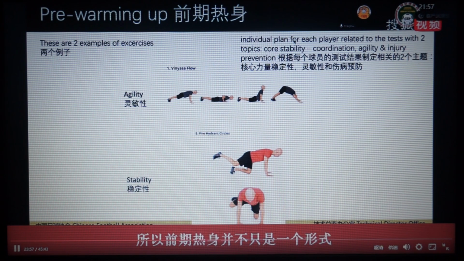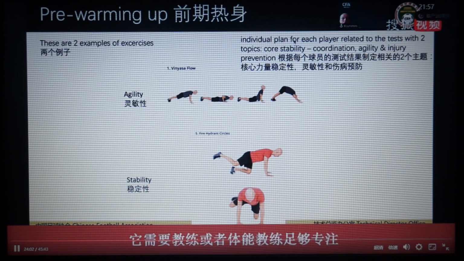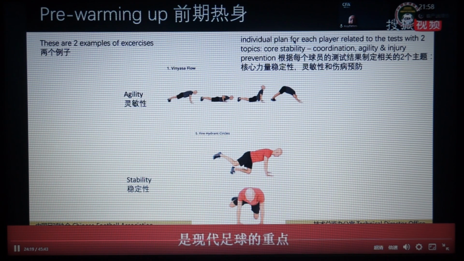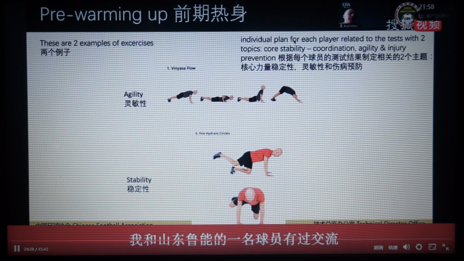So important in the pre-warming up is that you don't just do it to do it, but that you do it in a focused way, as the physical coach or the coach has explained in detail. We took out 2 simple exercises just to show you that injury prevention, that pre-warming up, is essential in modern football. To give you an example, in Shanghai, I spoke with one of the teammates who is